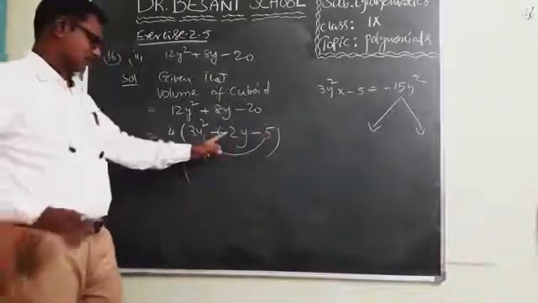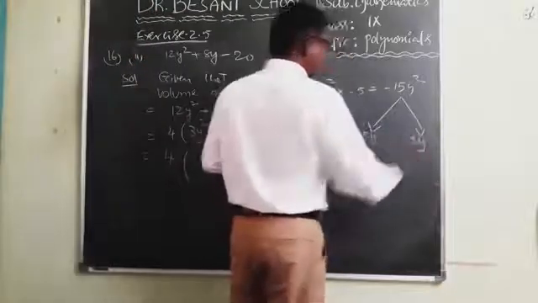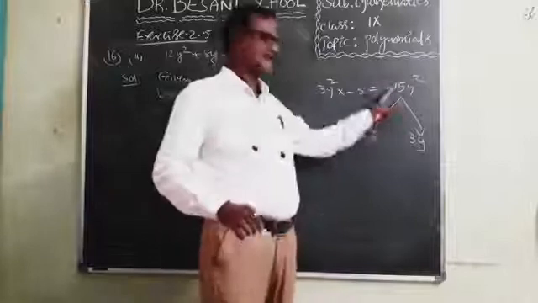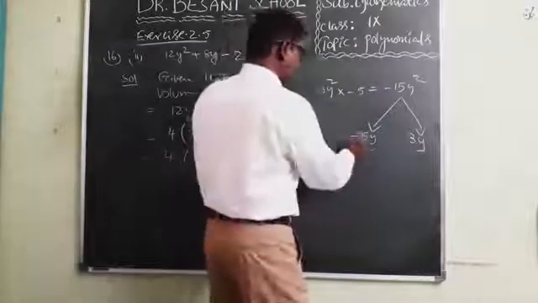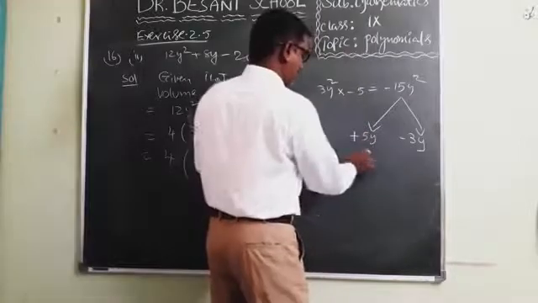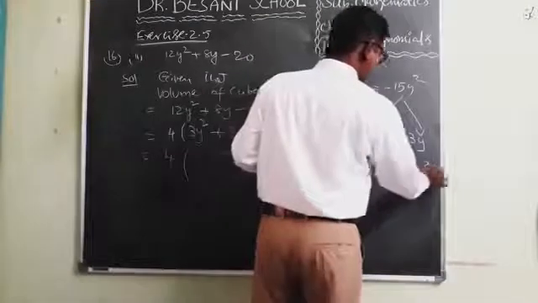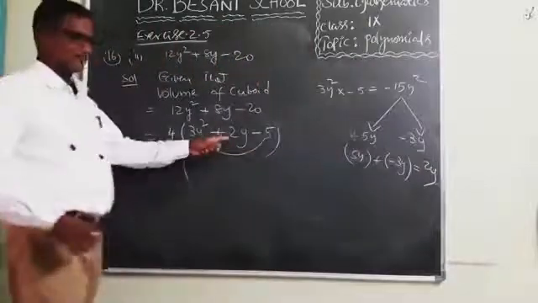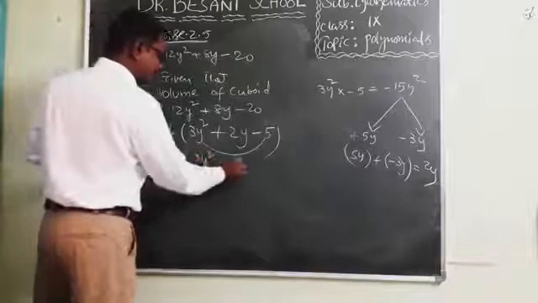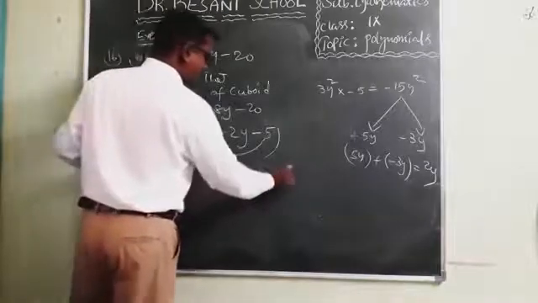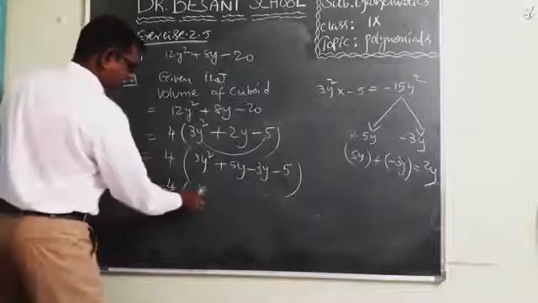3y square into minus 5 is minus 15y square. Product of first terms. To get middle term 2y, it is minus 5y and plus 3y. Why? Because minus 5 3s are 15 y into y square. By adding these two, plus 5y minus 3y is equal to 2y. So that is middle term 2y. So it can be written as 3y square plus 5y minus 3y minus 5. Yes, it is 4 into 3.